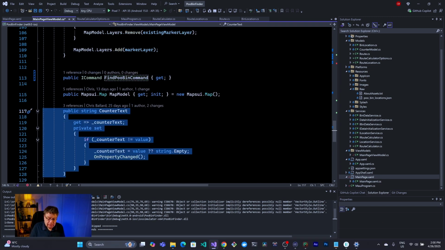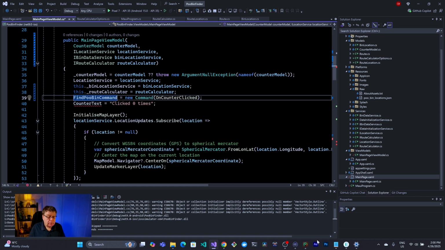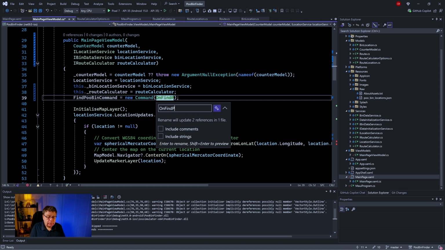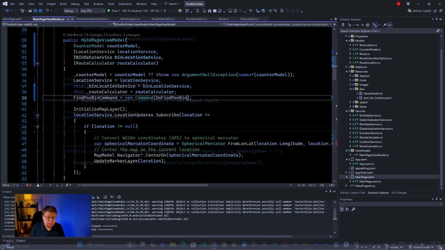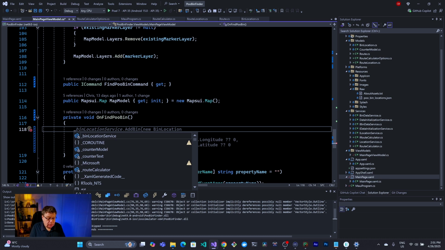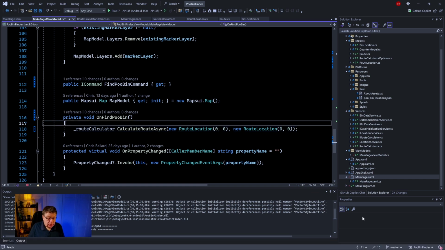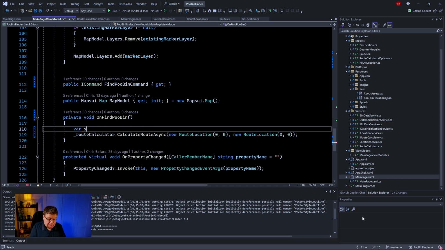We don't have counter text anymore. Find poo bin command on find poo bin. So in here we say underscore route calculator. So that's fine. Let's say var start location equals